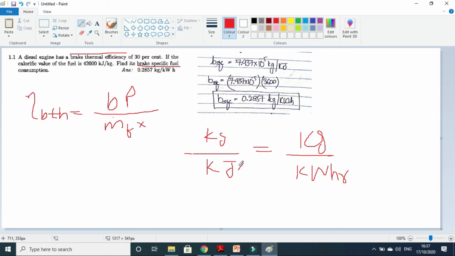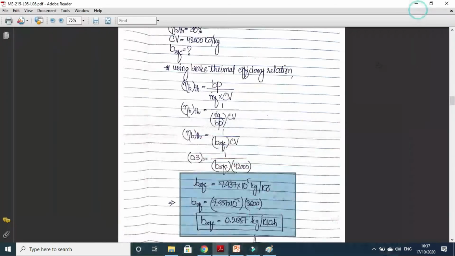You can multiply kilojoule with second and divide by second. You can do this in mathematics. It's very simple. Now what is kilojoule per second? Kilojoule per second is kilowatt, so it will become kilowatt into second. Now you need kilowatt hour, you do not need kilowatt second. So to convert second into hour, you need to divide by 3600, and it is already in the denominator, so 3600 will come at the top and it will be multiplied with the main quantity, which is shown here. So that is why you have multiplied with the 3600.